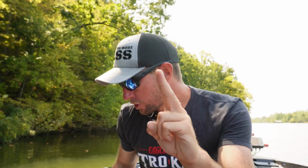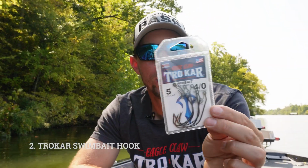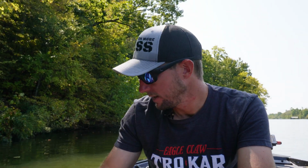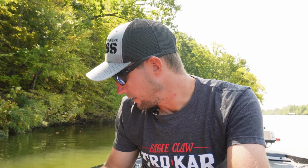So number 2, moving on. This is actually a very similar hook. This is the Trocar Swimbait hook, the TK140. Well, let me see, what was the number on this one? This is the TK178. The Swimbait is the TK178. The Swimbait is the TK140. And this is the 4/0 size. And this is really the same design hook,